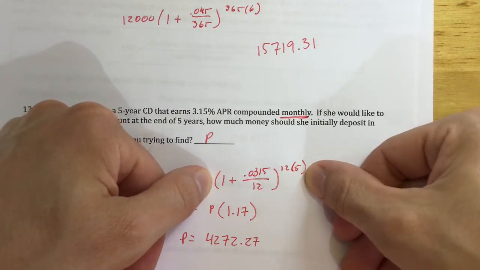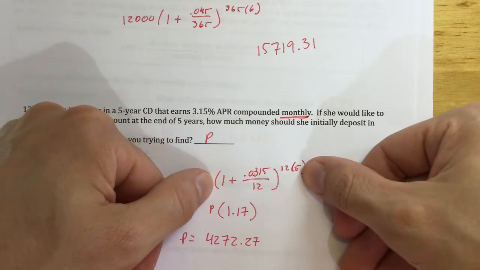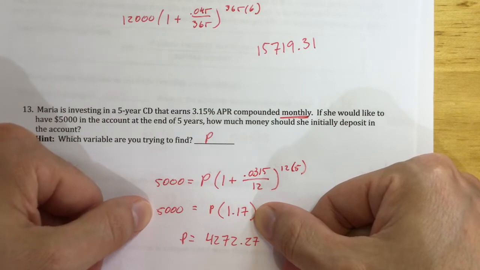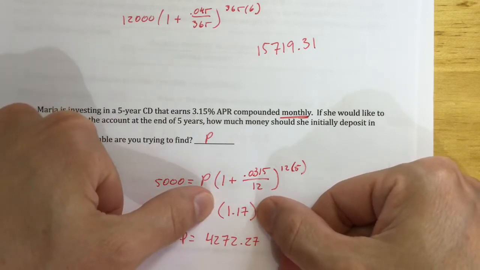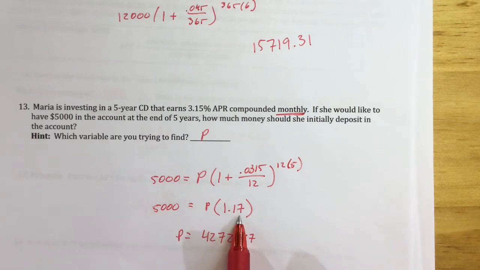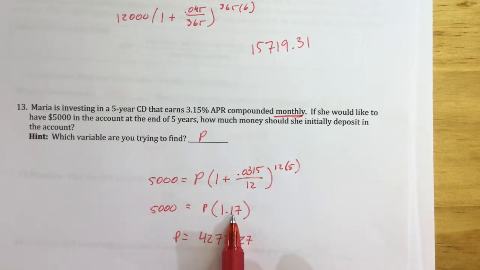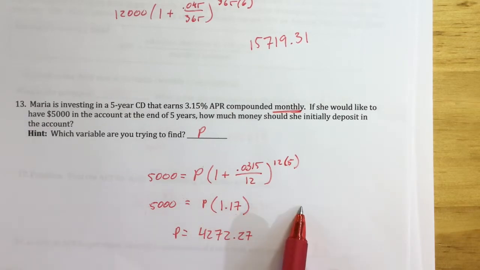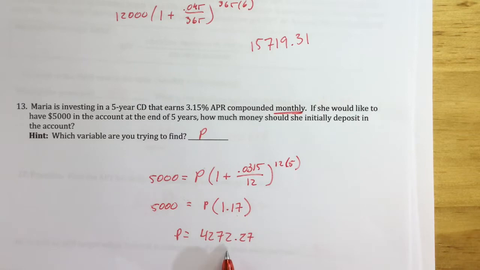And I just showed step by step how you can do that. So you could run all that calculation and it becomes a single number that when multiplied by P gives you the final result. So if you just divide 5,000 by the number that we found, it turns around to give you this answer. Now, as a little bit of a side note here, when I did this, I did it all in the calculator, so I kept building off of previous answers, which means that right here, it wasn't exactly 1.17. I think there might have been a 0 after that and then some more numbers. So you wouldn't think that a 0 and then some more numbers would make a big difference, but if you do round it to that spot, it turns out to be,